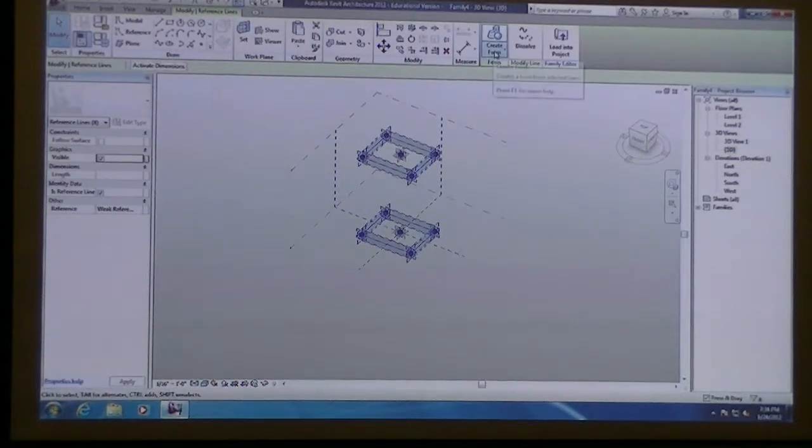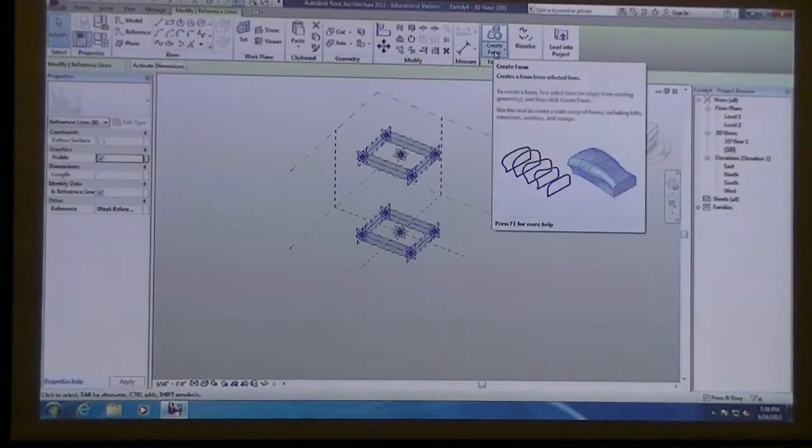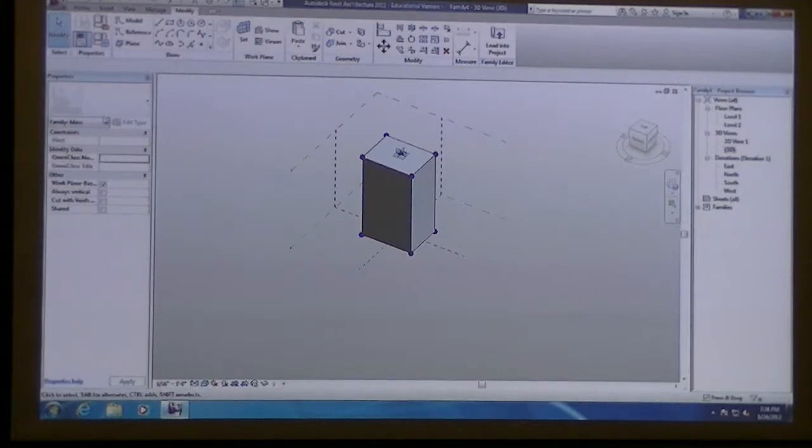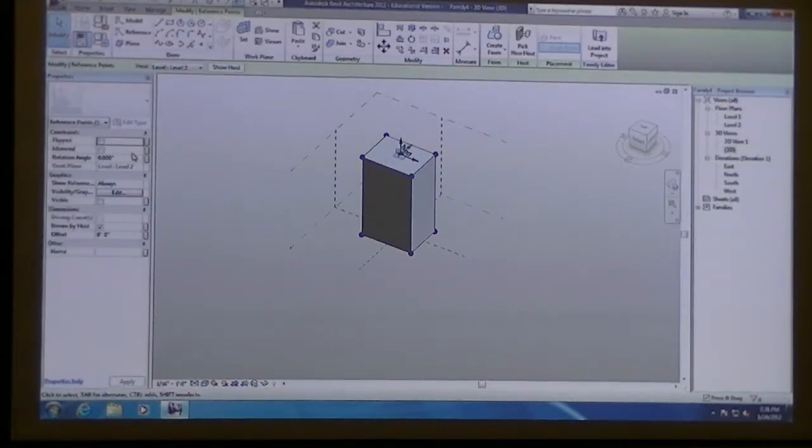And if I select both of these reference planes, I can also create forms with reference planes. Now we can change the properties of that center point, so I could rotate it.